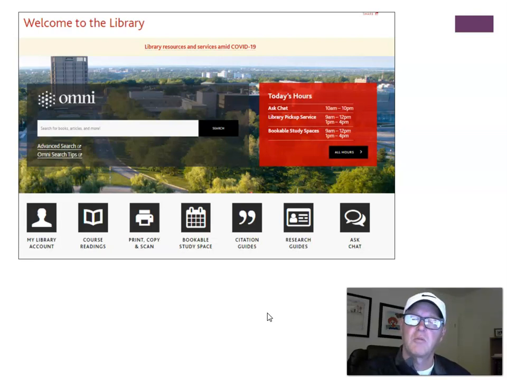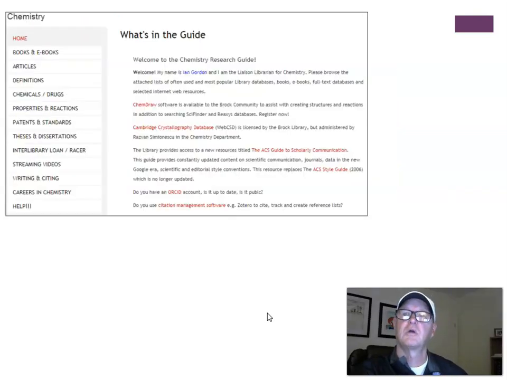It has our Omni catalog at the beginning, an advanced search Omni interface as well. You search for books, articles, streaming videos. So one all, catch all. It works quite well, but there's other databases that you can use for this assignment as well. Click on the research guides, and then when you go through the faculty pages, you bring up My Chemistry page. There's tabs on the left-hand side for books, and ebooks, and